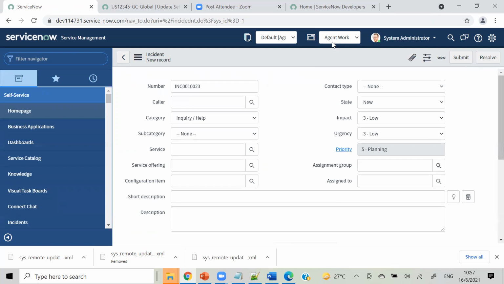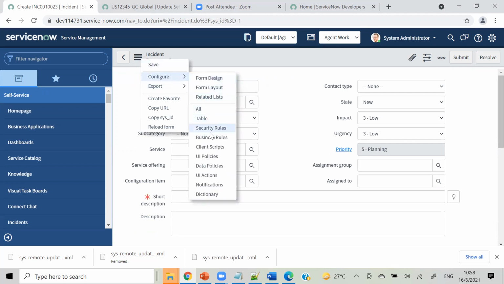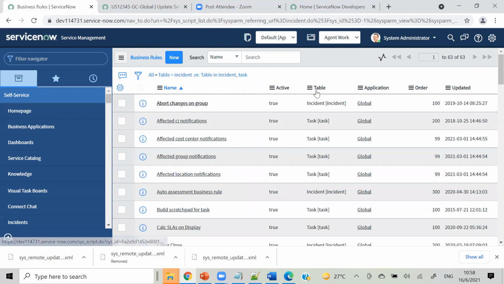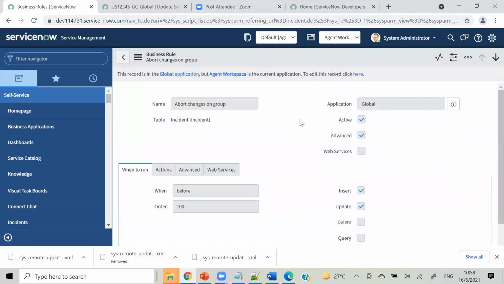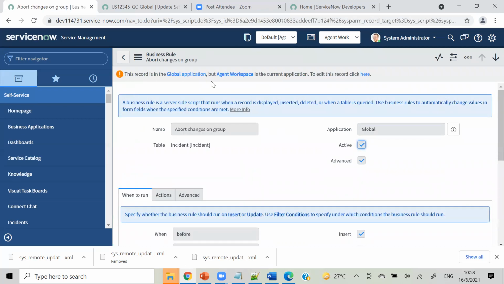And you can see my application is agent workspace, right? And sorry, why is this not working? So I'm going to this business rule. Whenever I'm opening anything, on the top you will see an error message like this: this record is in global application, but agent workspace is the current application.